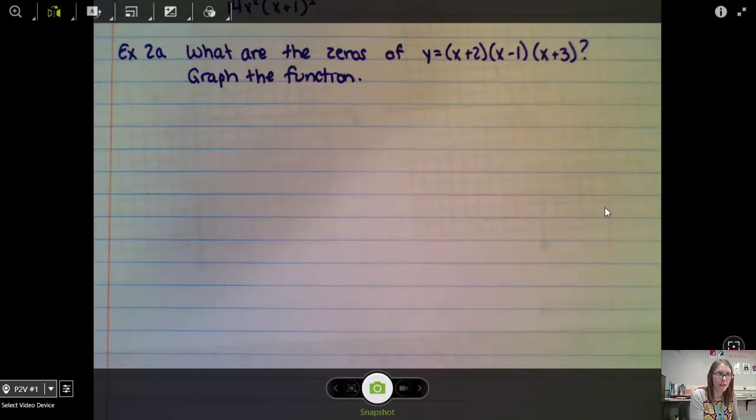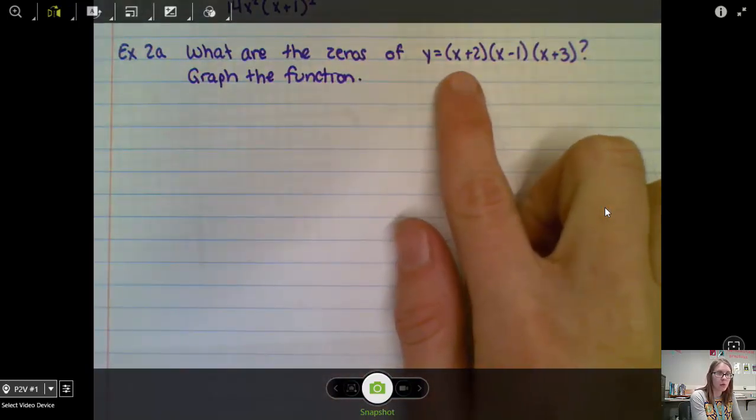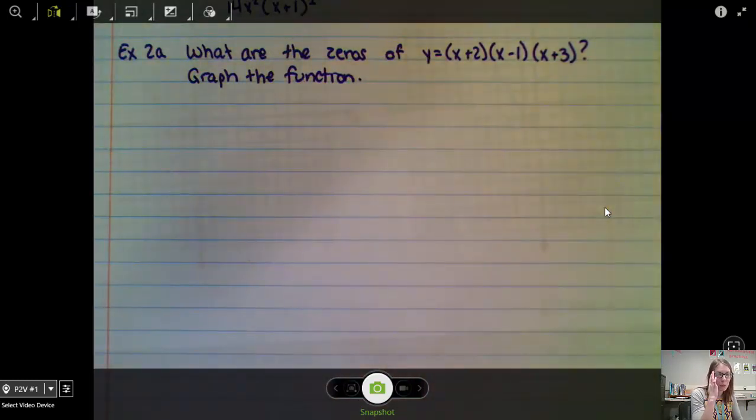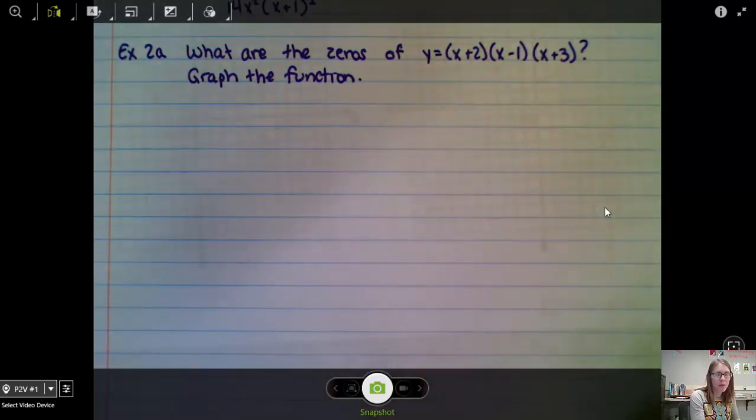So what's the point of us being able to factor a polynomial? Well, just like our quadratics, again, we could find our x-intercepts or zeros. Same idea here. So I have this equation, y equals x plus 2 times x minus 1 times x plus 3. And I want to find the zeros of this function and then graph. So this won't be a specific graph. It won't be exact of what this polynomial function would look like, but it'll give us some of the ballpark